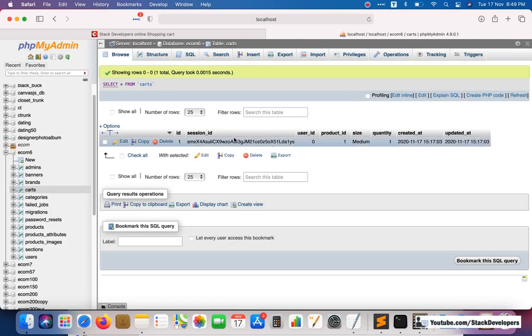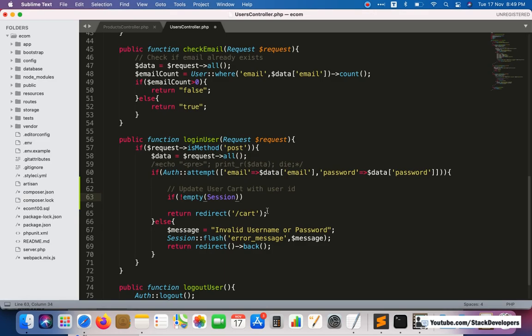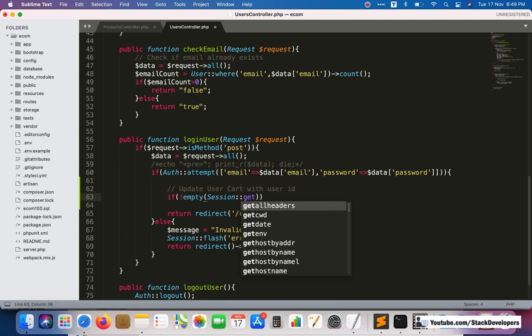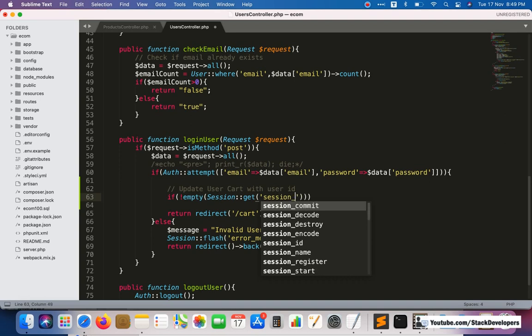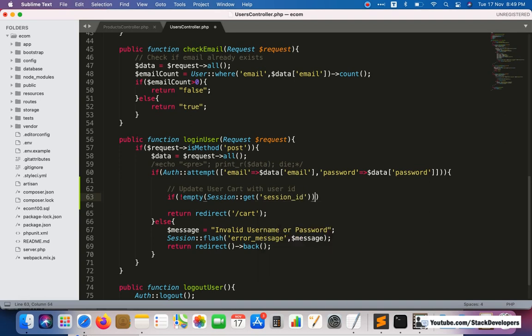So first of all we are going to check that a session id is there for the user or not. Session get session id, like this.